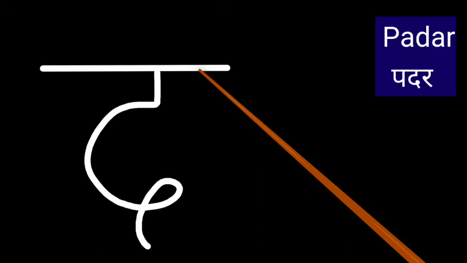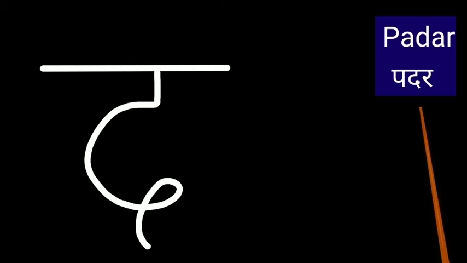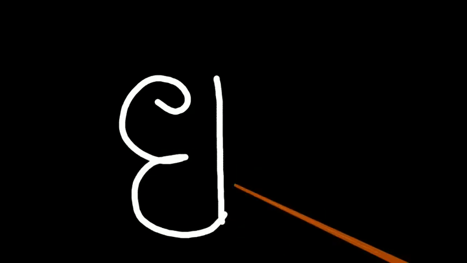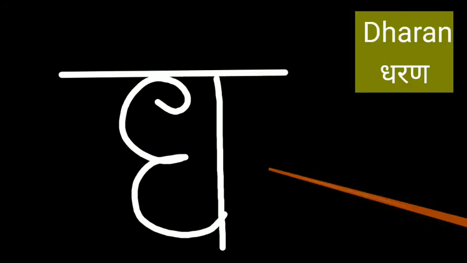Next is the. Small vertical line, join with half circle and one curved line inside it. Draw just like a tail and big horizontal line on the top. It's called the. Word is p, the, r. Next is the. Small circle, join with half circle, one more big half circle and join to vertical line, then horizontal line on the top. It's called the.